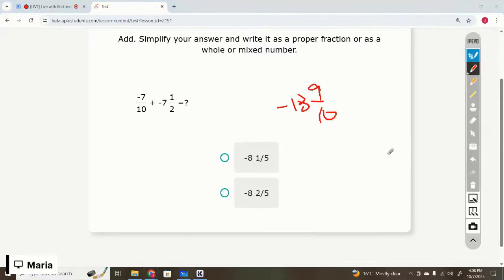We need to make the denominator same first, right? That is negative 7 over 10